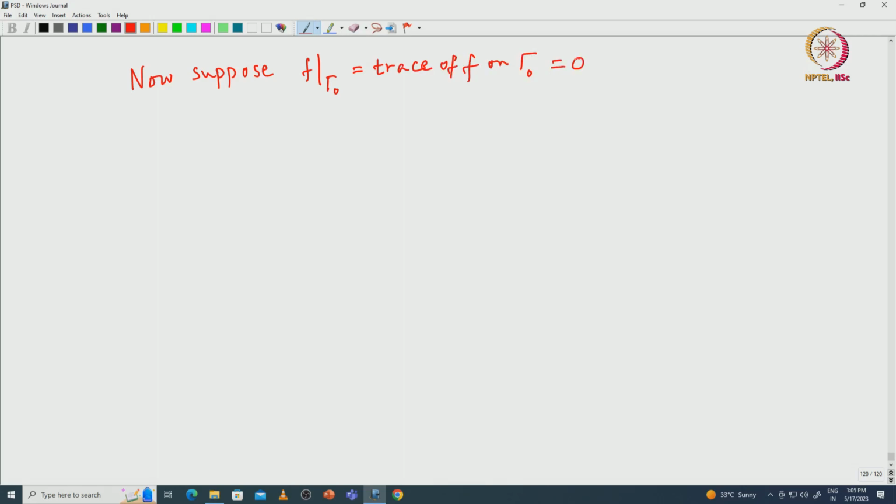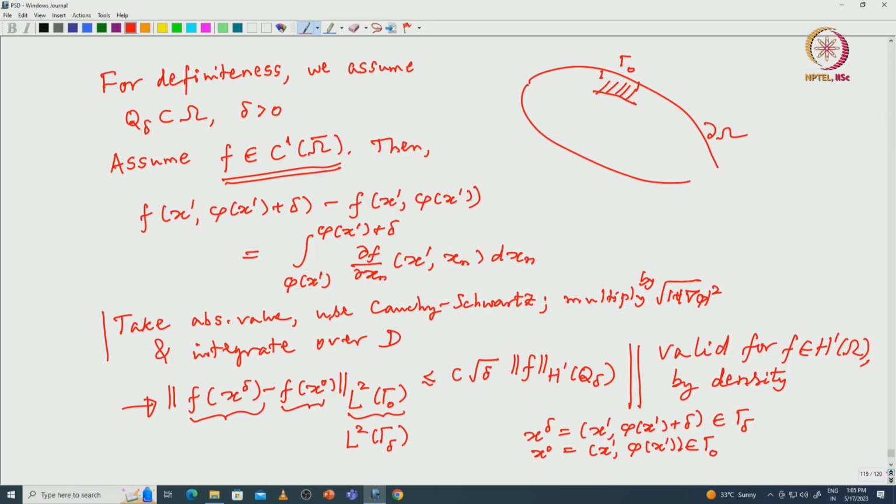Okay. So, then we get, so this is 0. So, one of the terms is 0, right, this f x 0 is 0. Okay. So, then we obtain